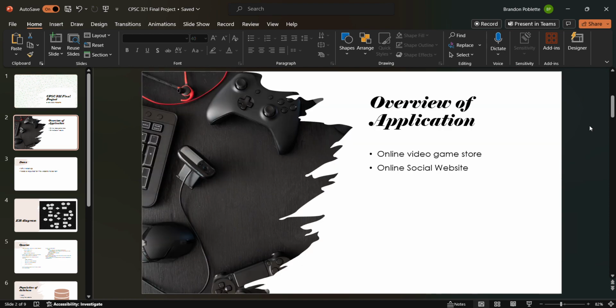Overview of the application. It's supposed to be an online video game store similar to Steam. Users should be able to traverse an online video game store, with the ability to buy the games and add them to their own personal game libraries. This website will also have a social aspect, allowing them to add each other and to connect through groups that